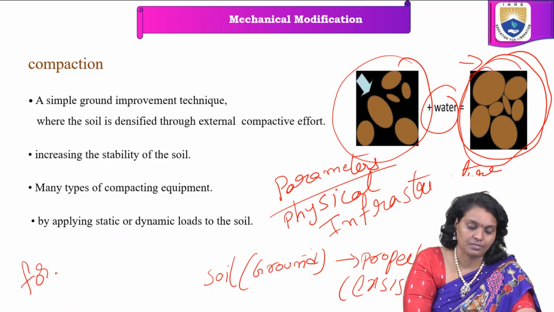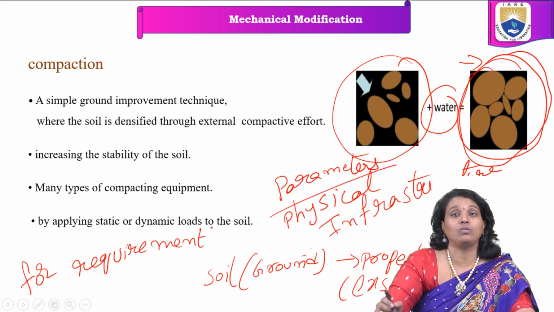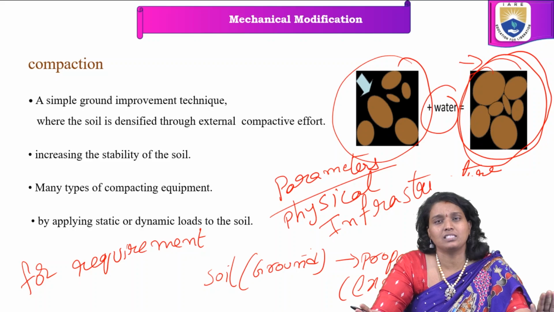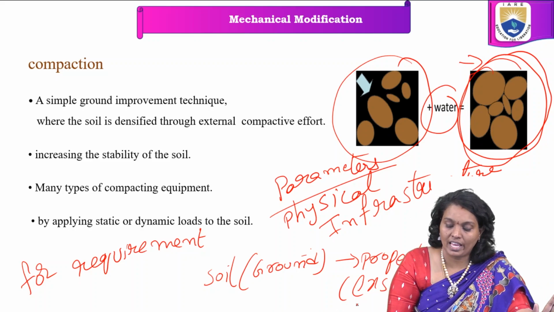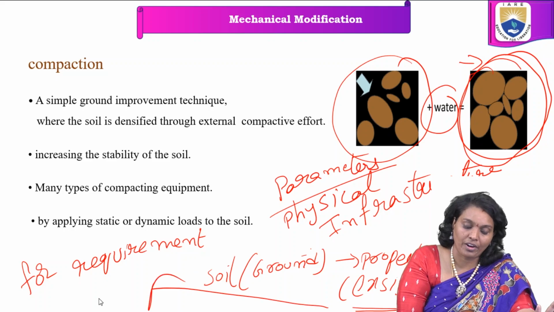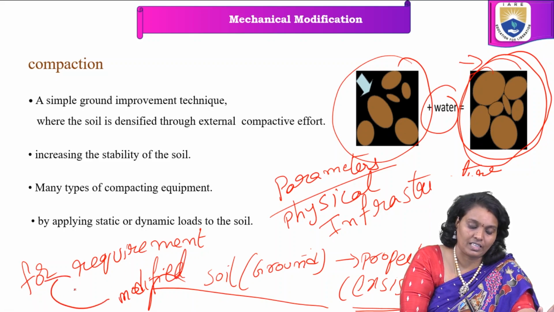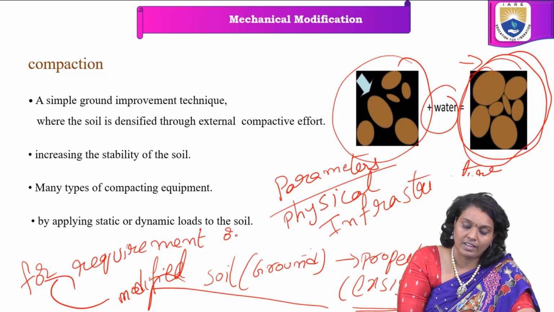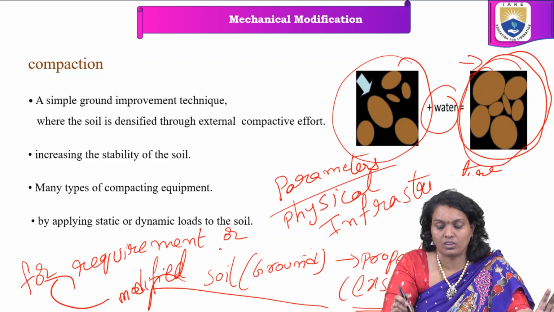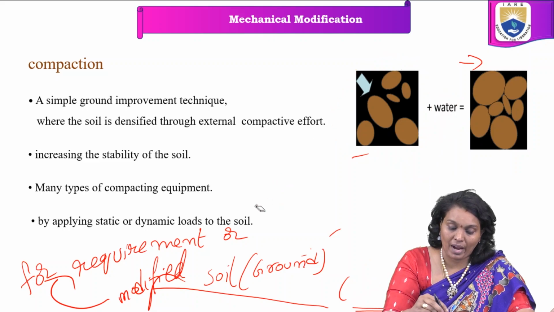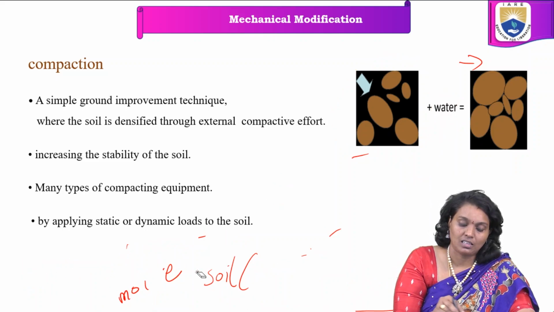For the requirement, whether we increase or decrease that particular property depends upon which type of construction. So the existing properties are going to be modified for the requirement, for acceptance for the construction work. For all these parameters, all these points, we have to keep in mind for enhancing the properties